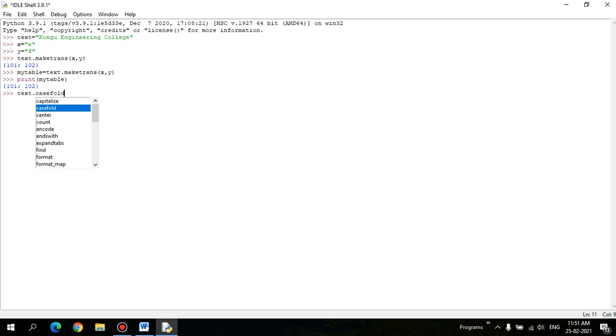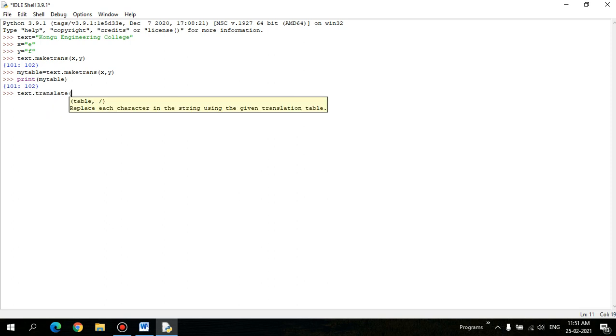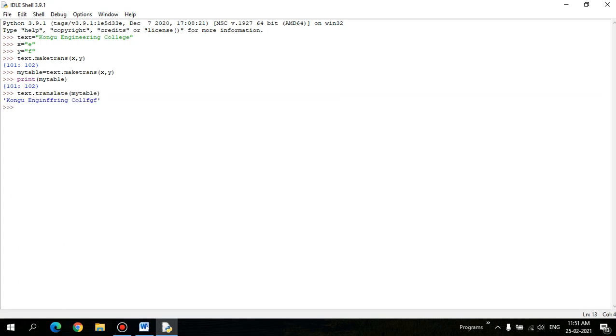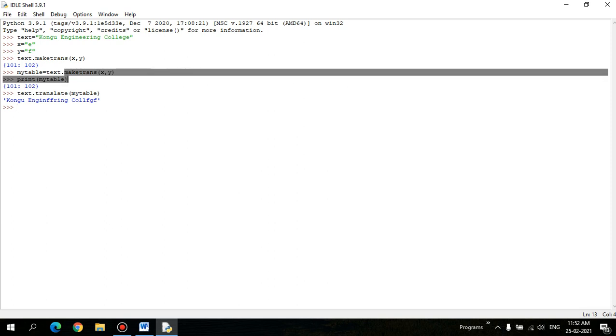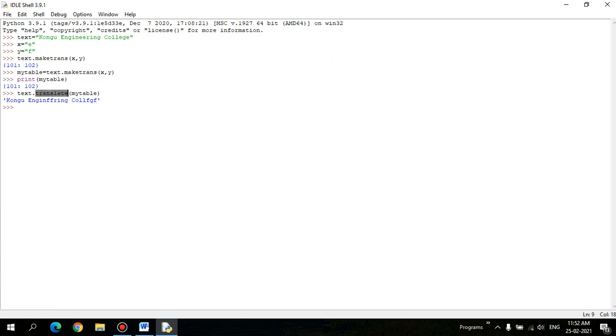Text dot, we have one more function called translate, with the table passed as an argument, so that we can have a printable version of your string, right? Look at it, E has been replaced with F, right? Two functions are associated with this: one is maketrans, another function is translate. Both are interrelated.